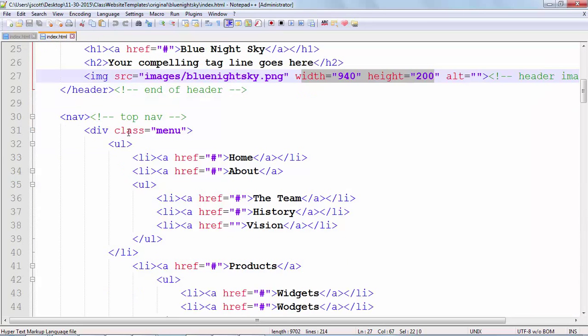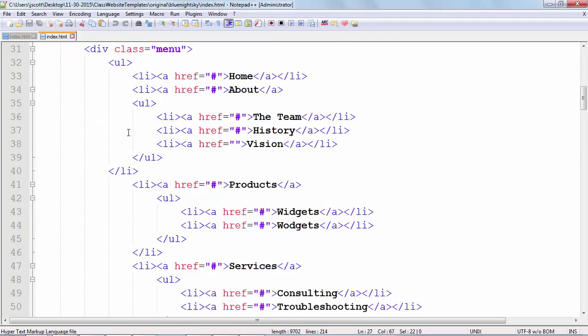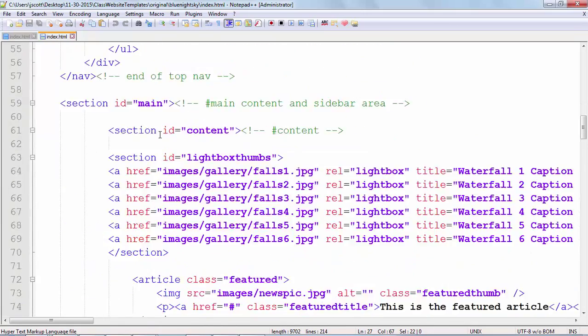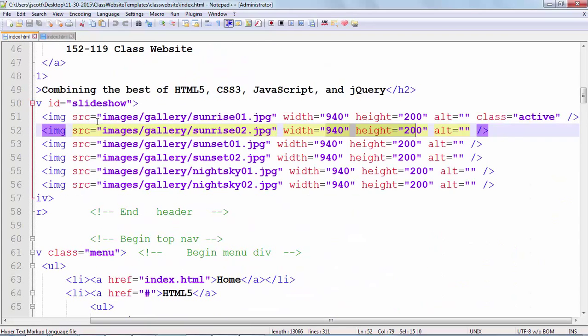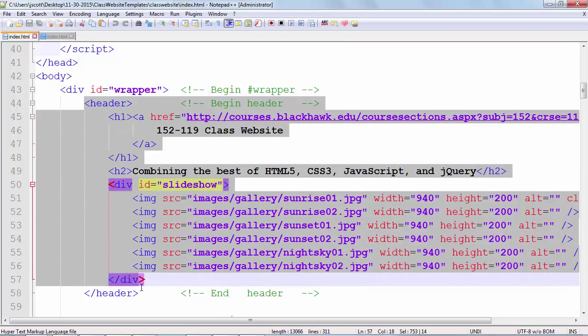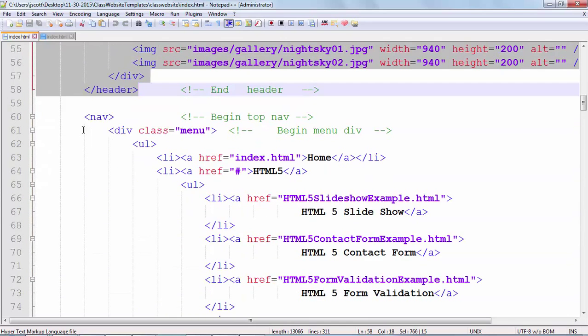Okay, so next if we come in here and we take a look, again, this is the original one. So I'm going to go to mine instead. After we get done with this header area that's right here, the next thing to notice is we've got